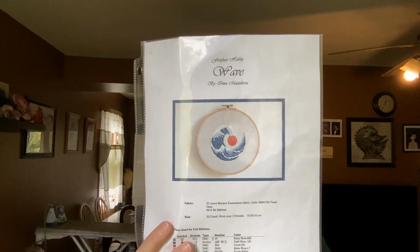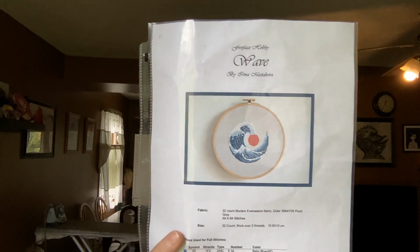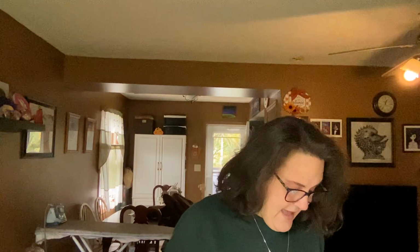Anyways, I was going to take that with me. I forgot it, which is fine because I didn't even work on anything other than that quilt. But there it is. And if you remember from last week, I was originally doing it on the Stitch Me